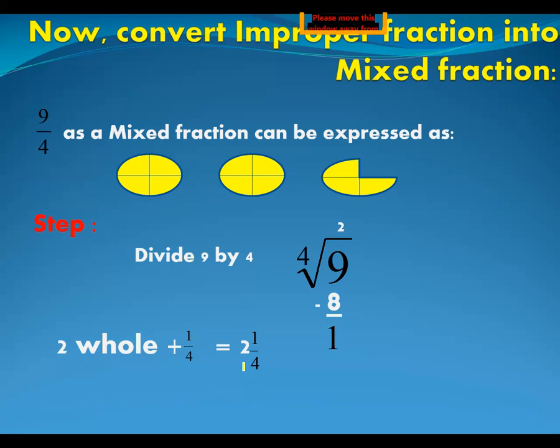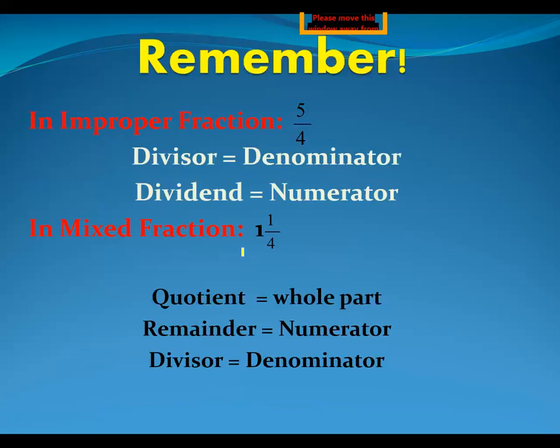I'm going to repeat the steps again. What I did for the conversion of mixed fraction into improper fraction, that means in the previous lecture, I multiplied my whole number with the denominator. So 4 ones are 4 plus the numerator 5. 5 upon 4 will be your improper fraction in this way. Over here, your divisor will be the denominator, that means 4, and dividend will be your numerator, that means 5.